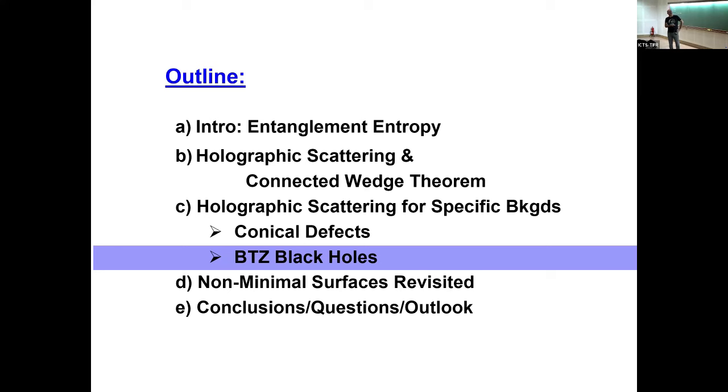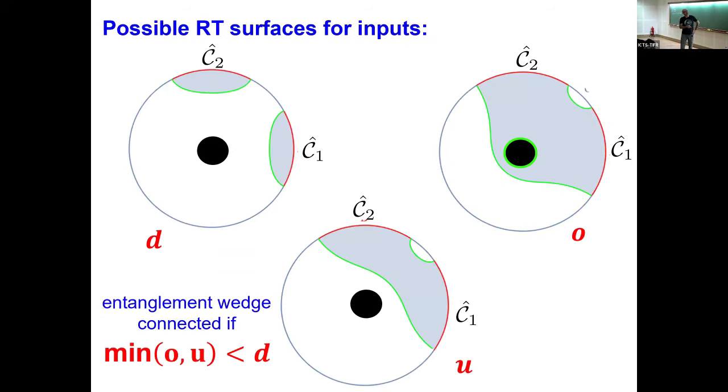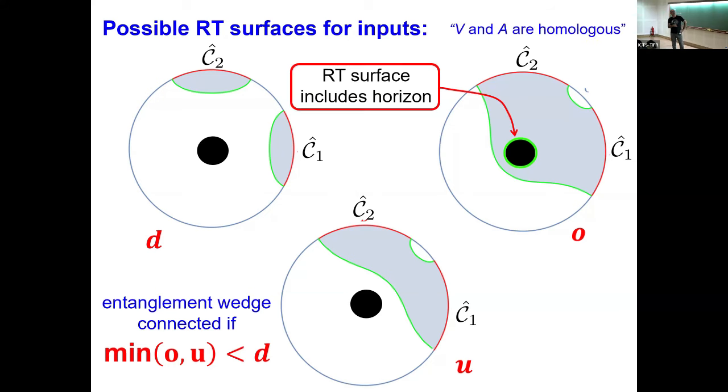I can tell a similar story about black holes, but I don't have enough time today. But I'll just make some brief comments. I have very similar entanglement wedges that I'm concerned with. There's a D, an O, and a so-called U region. The one difference now is that I've got a black hole horizon in the middle of the space, and so this homology constraint means that I have to take that into account when I'm calculating entanglement entropies